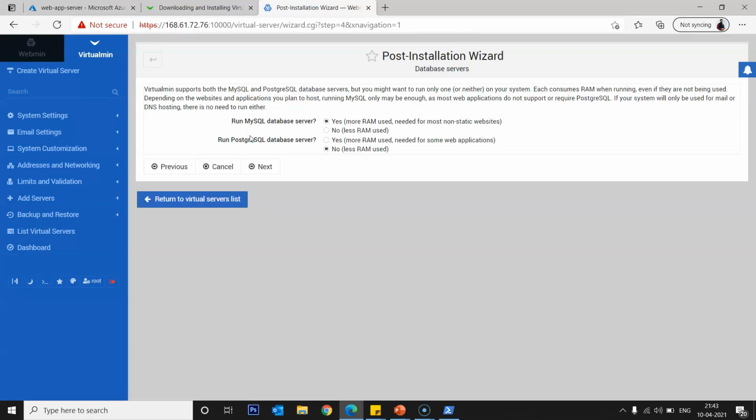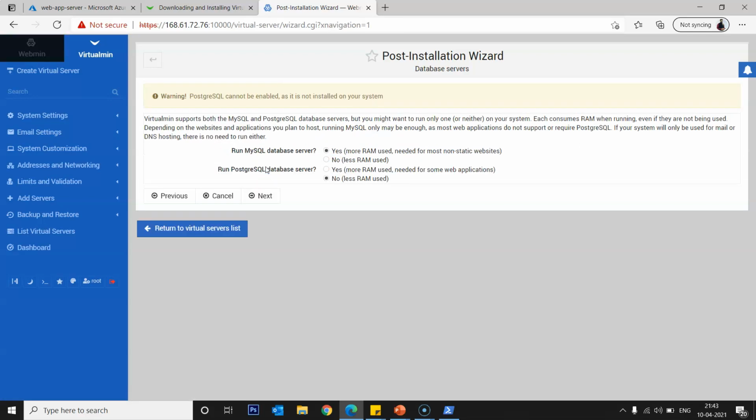So next is which database servers you want to run, MySQL or PostgreSQL. I want to run both the servers, so I'll use the option yes. Oh, for right now it's not installed, so let's keep it no. So I will use MySQL as the default server.